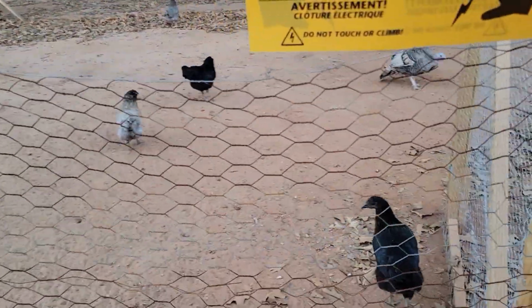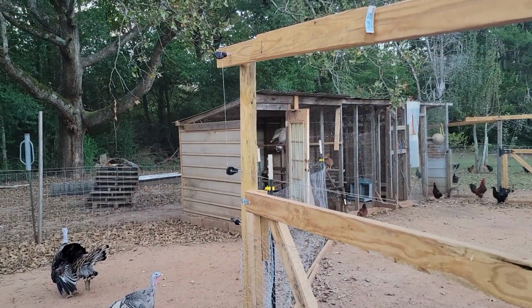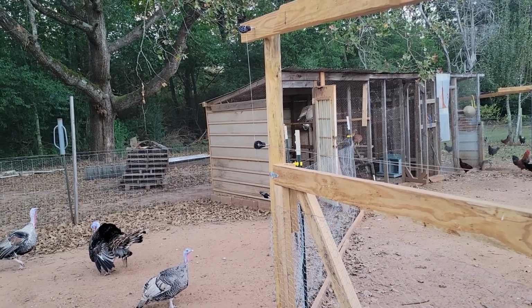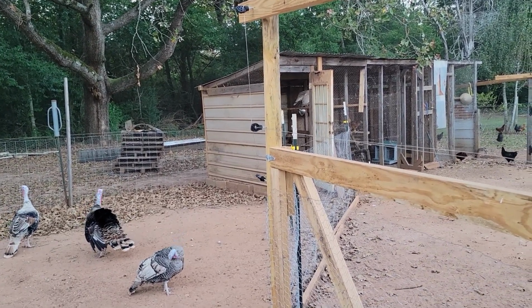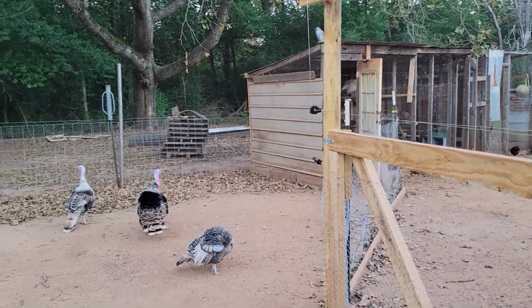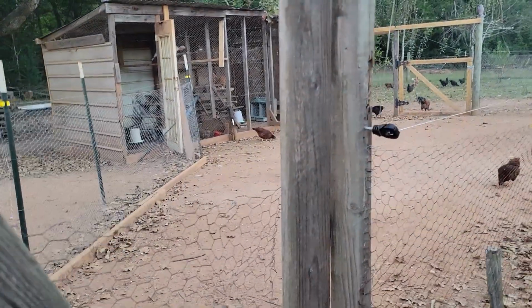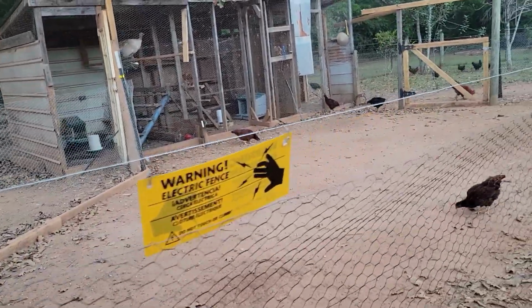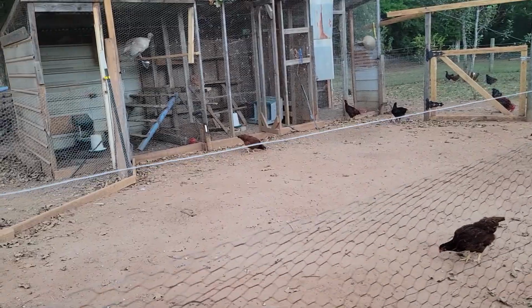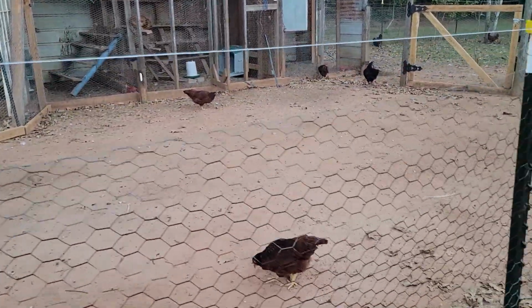The little black sex link is still over here with the 3 Easter eggers and the 4 turkeys. And it gets dark so early now. I get home from work, I let them straight out, and they're only out about 30-45 minutes, and they're going back to the roost. So I can't help that. I'm not here, and I'm not going to leave them out like I used to when I'm not home. I'm just not ready to take another loss like them dogs got me twice. So anywho,